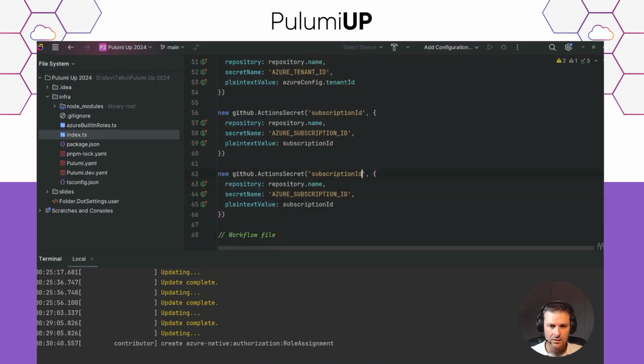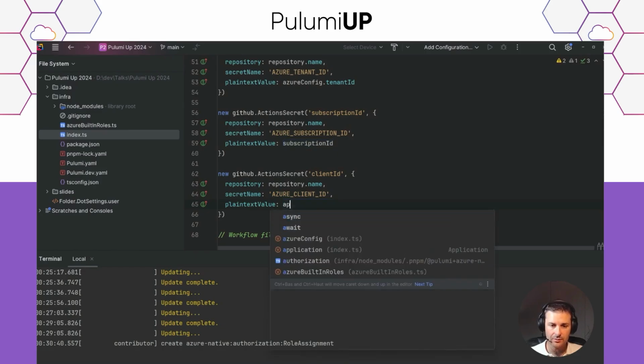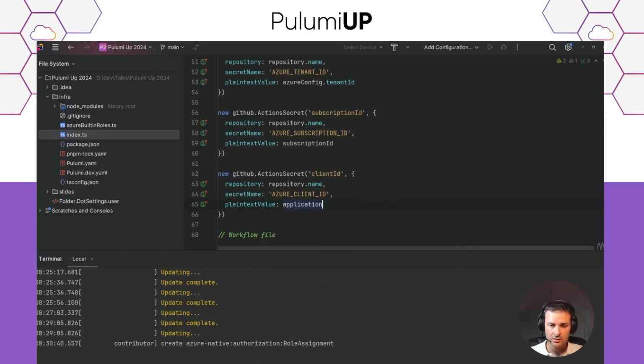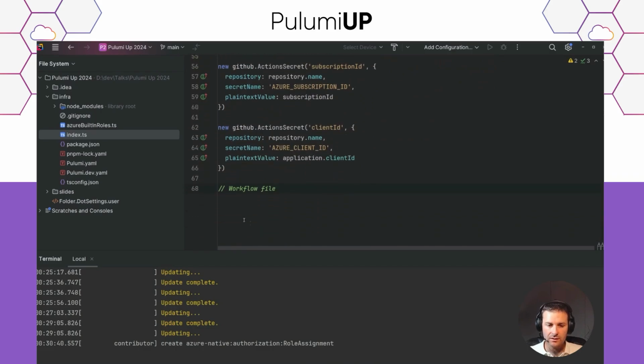And the last one is client ID. So the client ID is the client ID of our app registration. App registration.client ID. Here we go. It should be okay. Okay. So now that we have defined everything, we only need the file that will contain our